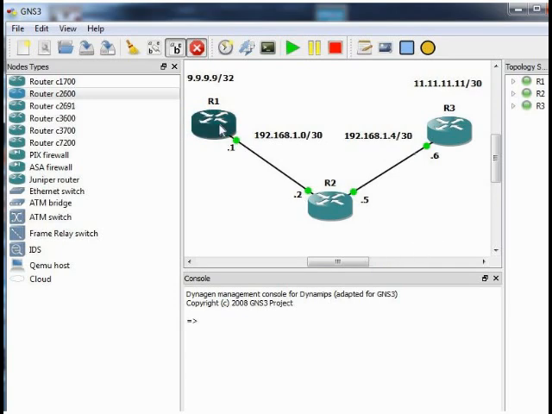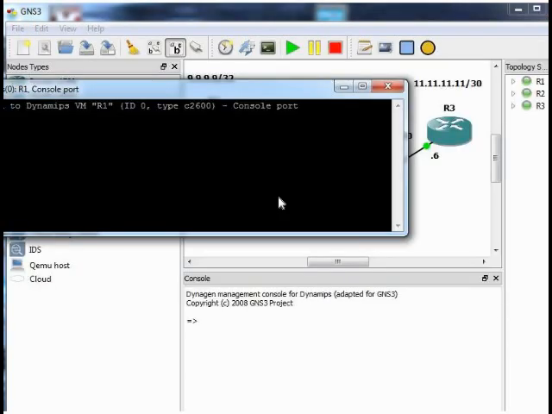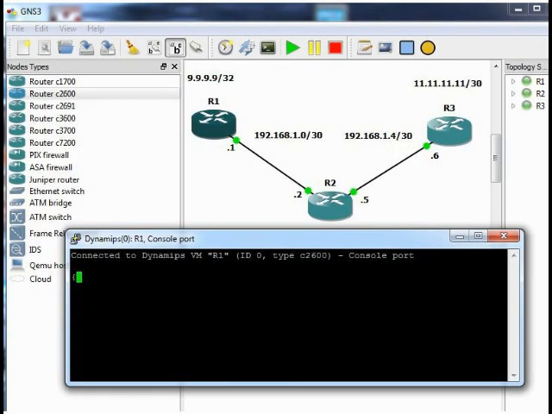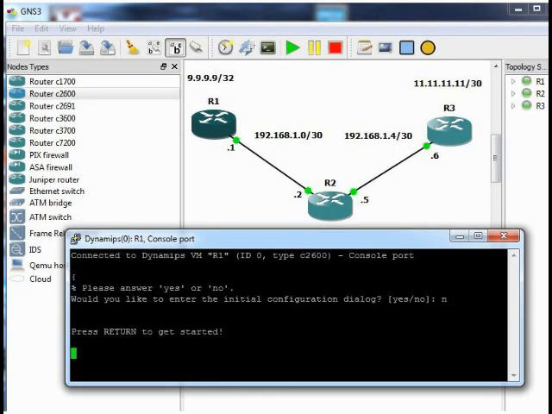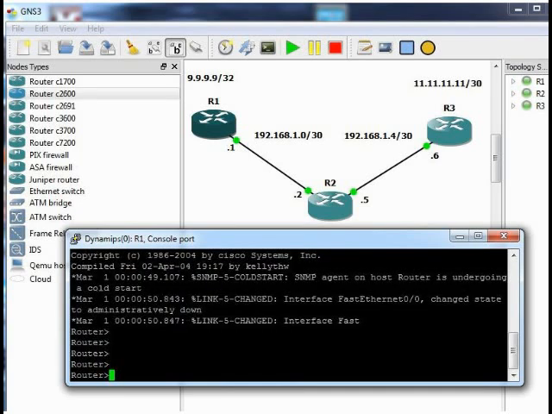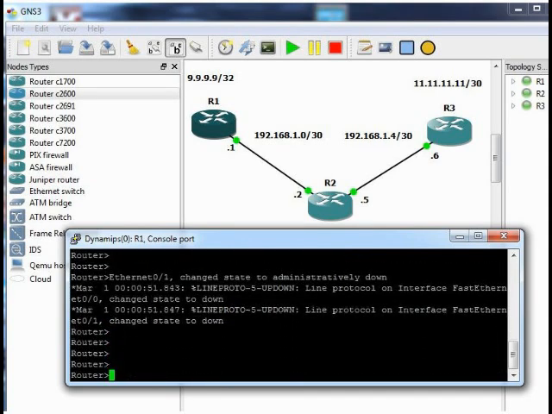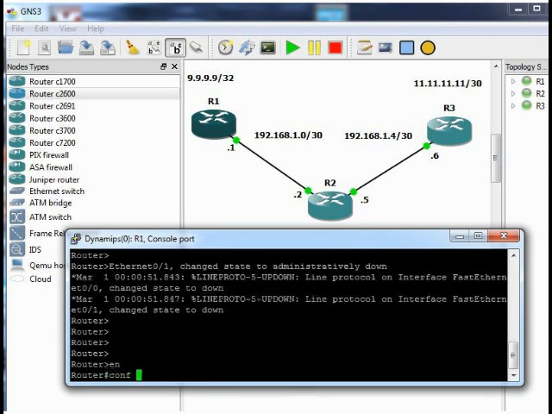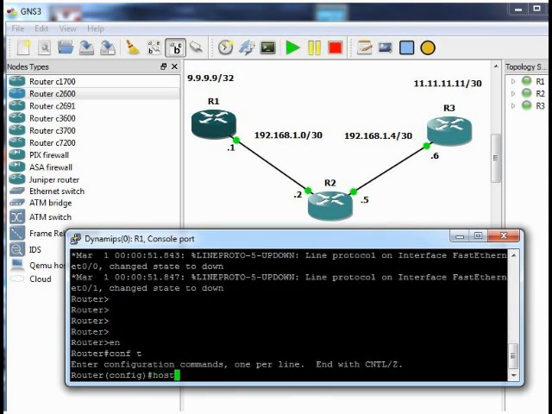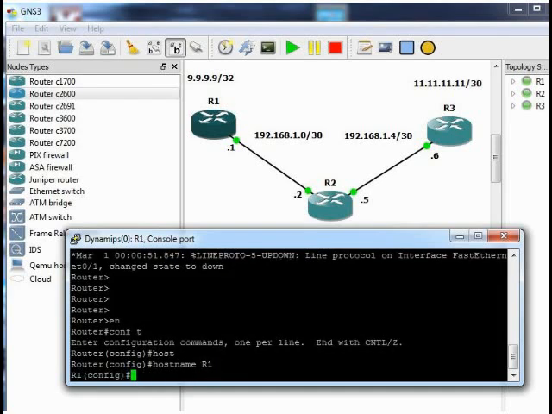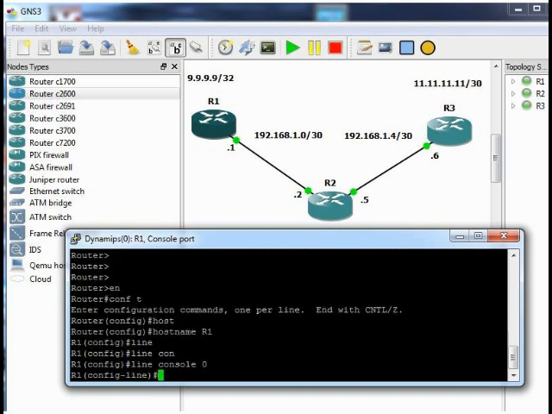Okay, let's start the console connection for this router. Bring it in here. We answer no to this question. We don't want a wizard. Okay. First of all, we will name this router. It's going to be router 1, and we'll go under console 0 and type